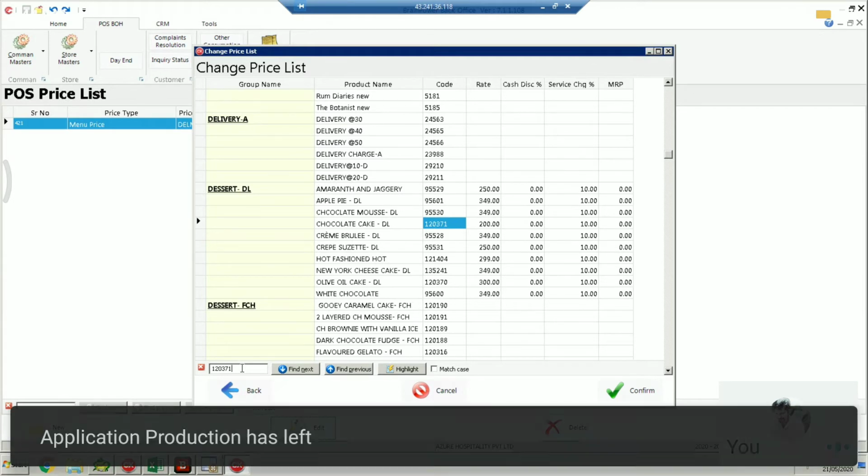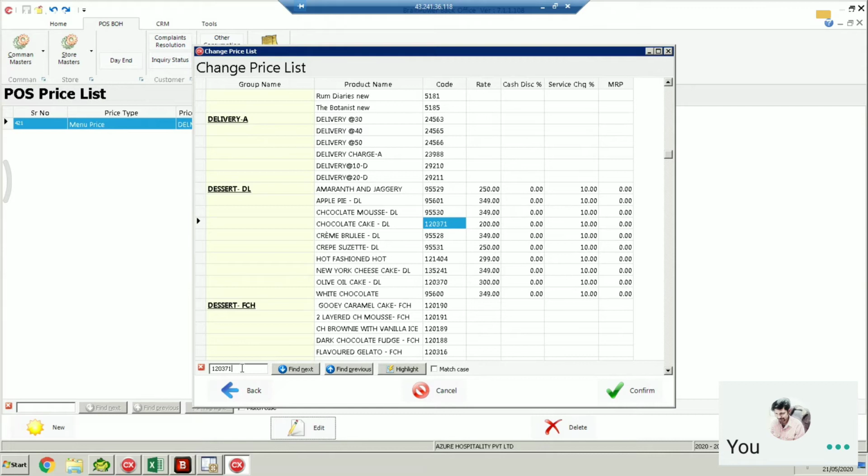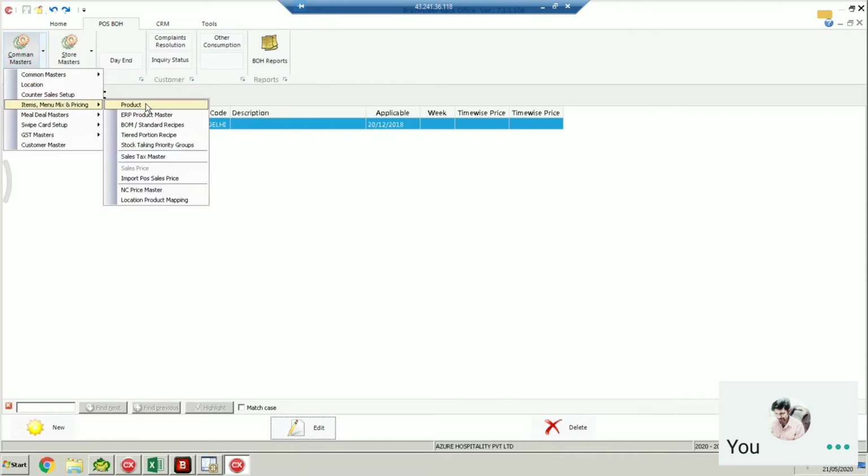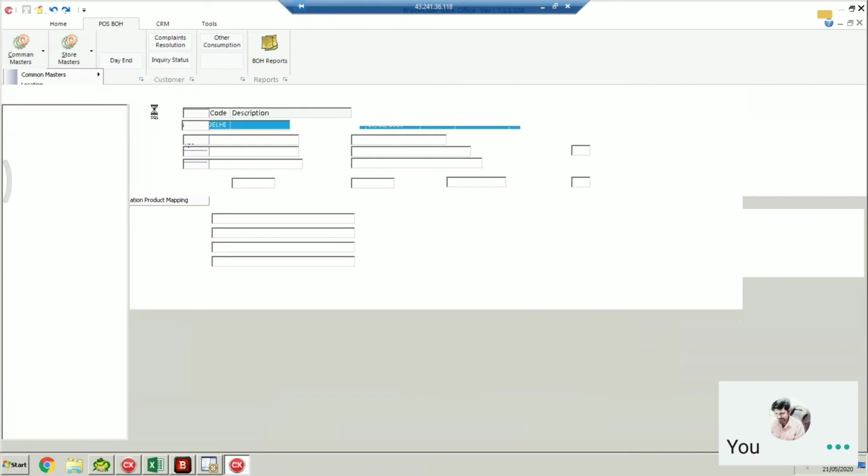So in this case, we'll have to go with the menu configuration for add-on. I'll explain how add-on works. Suppose in the thali example you gave, I can add a little more complication. I can create a menu item called thali, and then provide an option for a customer to choose whether he wants veg thali, non-veg thali or egg thali.